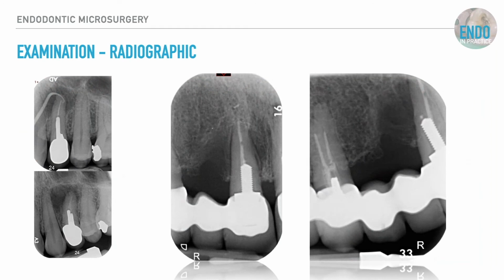Now, if there's one thing I love, it's a radiograph from two different angles and sticking a bit of GP in a sinus. So if you indulge me for a couple of minutes, when I look at a radiograph, we'll take the middle one. The first thing I look at is the intactness of the coronal restoration. So it's part of a bridge, but the marginal and coronal seal look pretty good. That looks like a pretty extensive post. It's either serrated or indeed threaded. It's a little bit short,